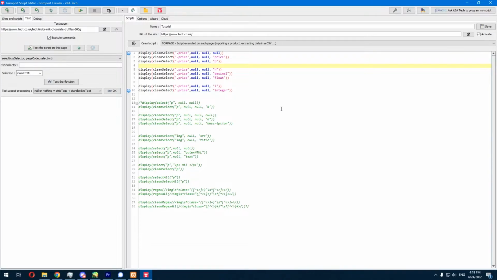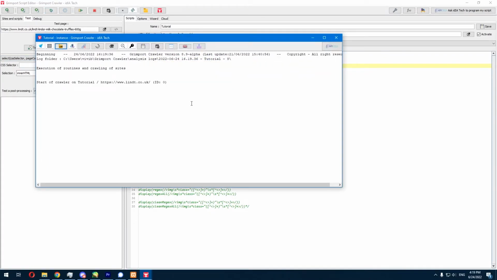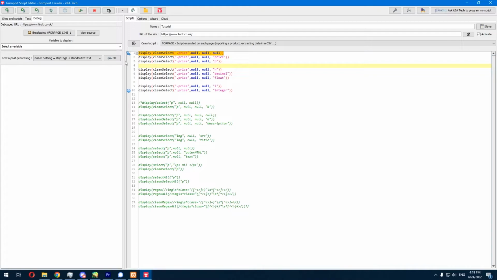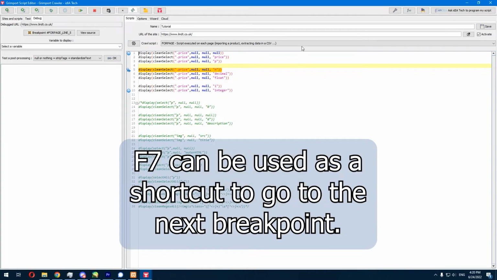So, a few other things to keep in mind while debugging are the following things. So let's say you've started debugging and you notice that you forgot to select a line. Let's say we forgot to select line 5. Well, no need to fear. You can always just add breakpoints and the software will know that it has to stop at it. And so by pressing on the button or hitting F7, you can infinitely loop,